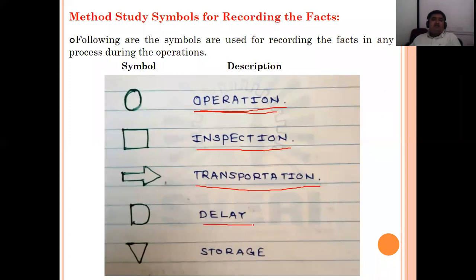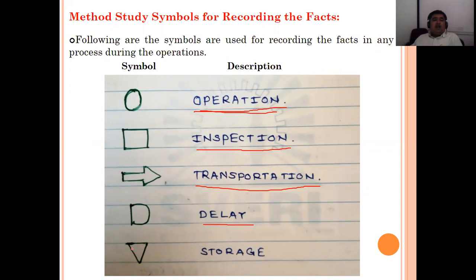Then capital D represents the delay. Delay means, let's say, material has to be transported from the turning machine to the drilling machine. Turning operation is going on. After turning, it is going to reach the drilling machine. But the drilling operation has not started yet, because not a single piece has been given from turning to drilling. Then for the drilling machine we make the symbol D, meaning there is a delay for this machine. This operation will start after a small time.